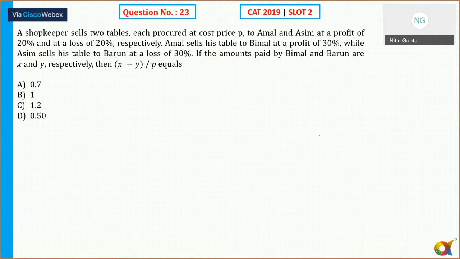Okay, 23. A very easy one. A shopkeeper sells 2 tables, each procured at cost price P. So the cost price of each table is P, to Amal and Asif. So one to Amal and one to Asif. Cost price is P, at a profit of 20%. So he sold to Amal at 20% profit, so he sold at 1.2p. And to Asif, at what price did he sell? At 20% loss. So he sold at 0.8p. Okay. 1.2p and 0.8p. Amal sells to Bimal. Amal to Bimal. So 1.2